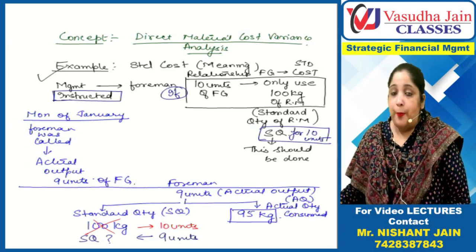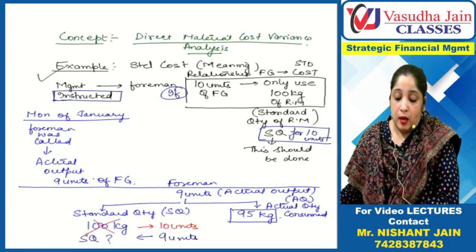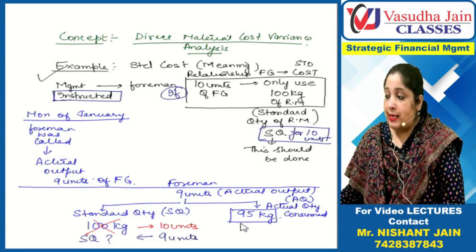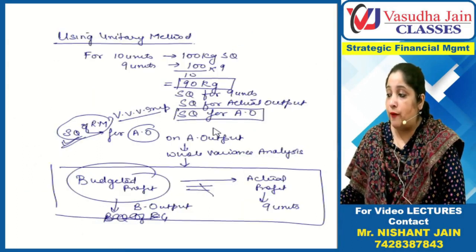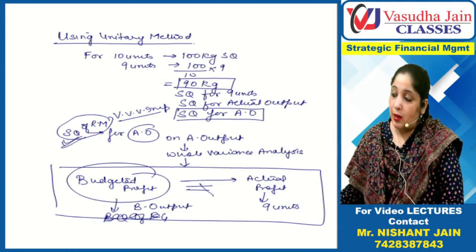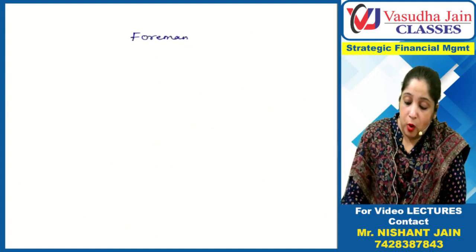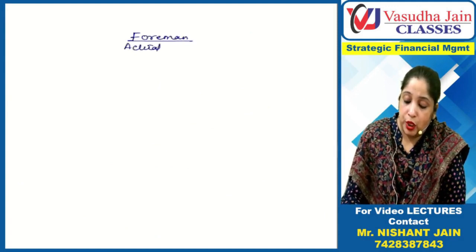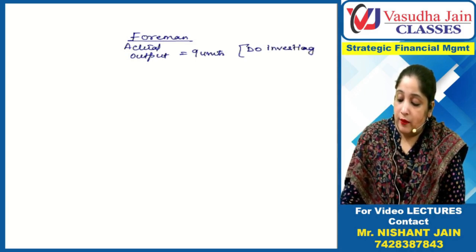So should we pat the foreman or should we beat the foreman? Should we appreciate the foreman or should we punish the foreman? The foreman has actually used 95 kg and he was supposed to use only how much kg of raw material? 90 kg. So we will call the foreman. The actual output which he produced is 9 units. We have to do the investigation